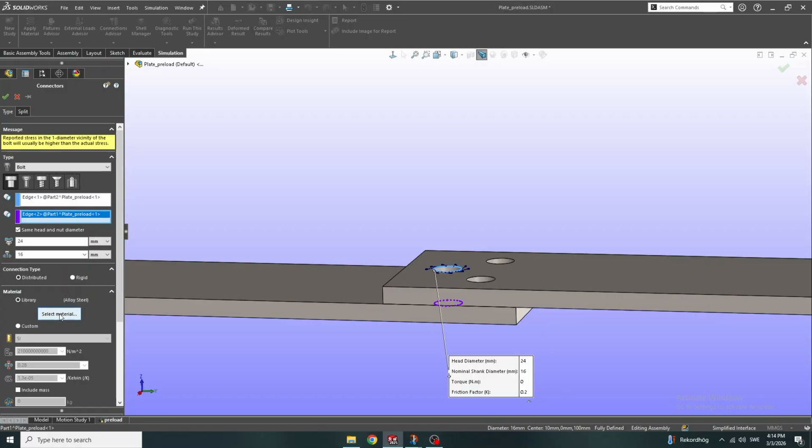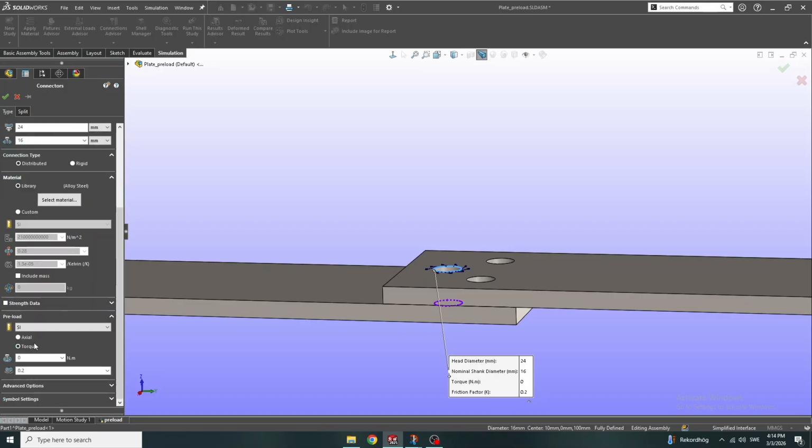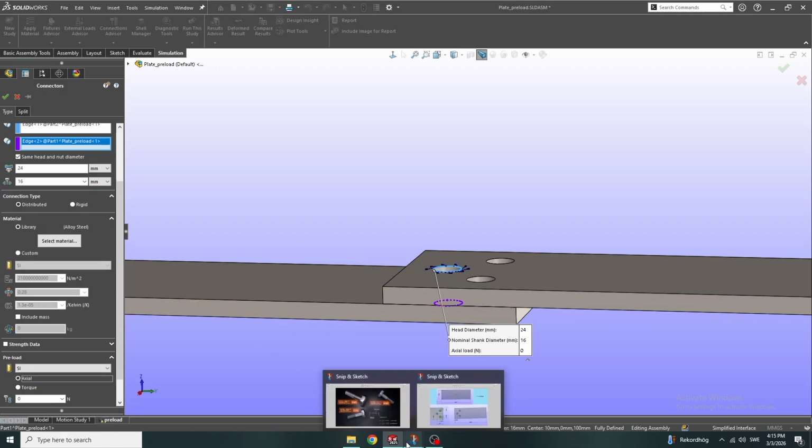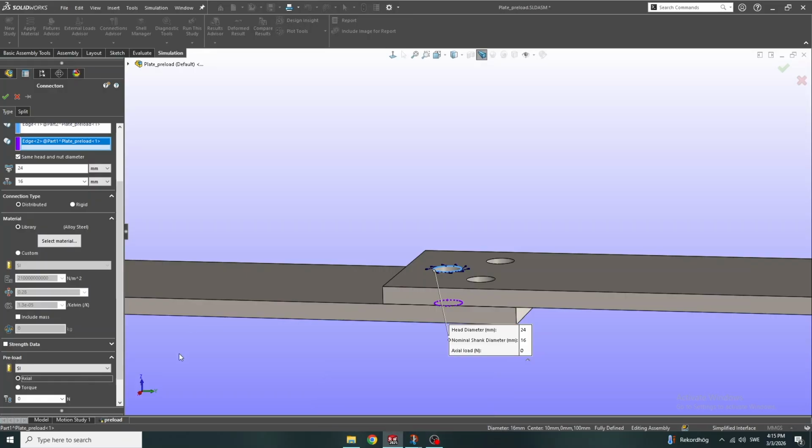But often in reality, the joint members are much stiffer than the bolt. Here we have the same material. And yes, the preload. I choose axial preload, and the important question is how much preload should be applied to